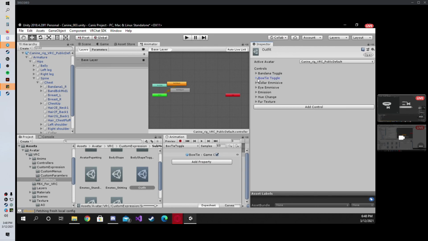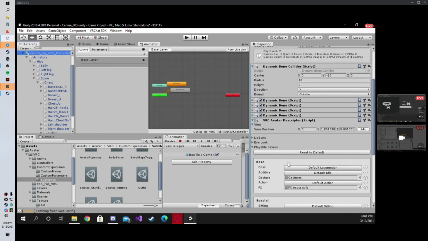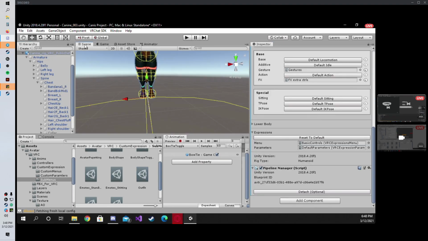So that's basically how you get it to work. That's all you need to do, really. That's it, right? You just upload the avatar and it should work. Yeah, it should work in theory. Hey, I can go test it real quick at this